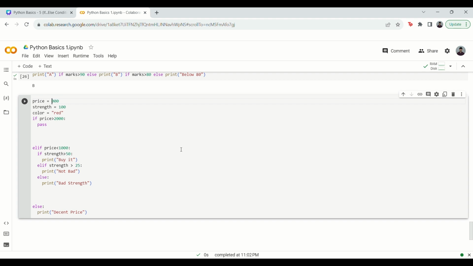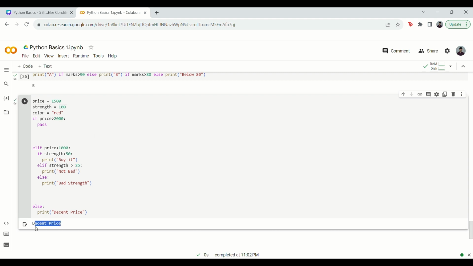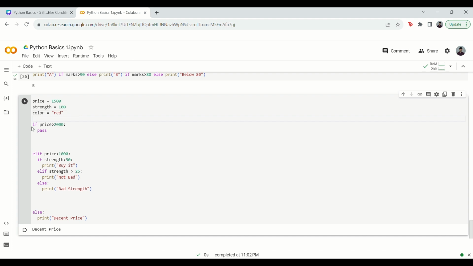Now let's say if I put the price as 1500, now decent price is printed. So that means it will first check the if condition, if price is greater than 2000. Over here the price is not greater than 2000, so the second condition will be checked. If price is less than 1000, it is not. If you see, there are two spaces over here, two spaces over here, and two spaces over here. So it means that this whole is a part of this elif block, and since this condition is false, these whole statements will not be executed, and the compiler will move on to the